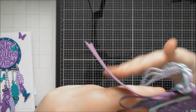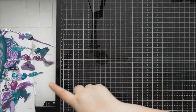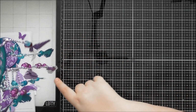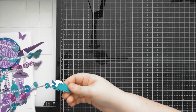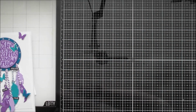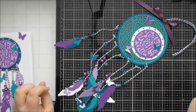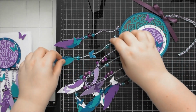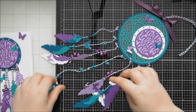But I do really love how this turned out, and I tried to go with that typical Gaussian curve, I think that's what it's called, where it gets longer in the middle and goes up at the edges, so it gives that nice V effect, with everything coming down to a point at the bottom, with the one feather in the middle being the longest one, and I think it looks really nice. I tried to photograph this for the video. It's a little bit tricky to photograph, and probably tricky to show quite how nice it is on the camera, but I do think it turned out really nice,